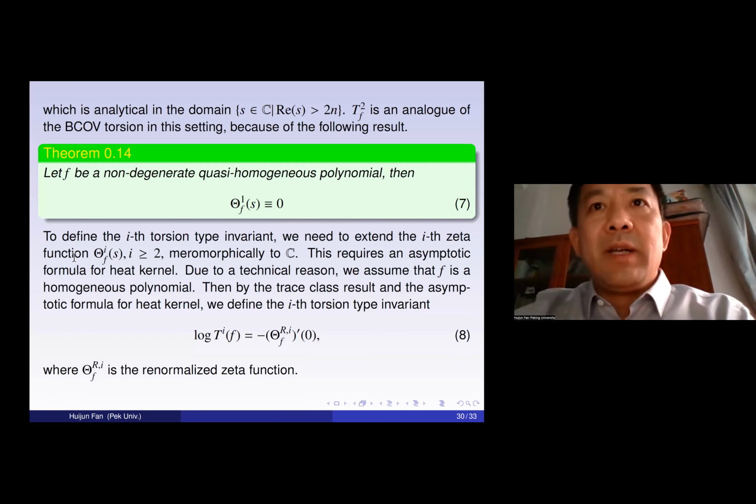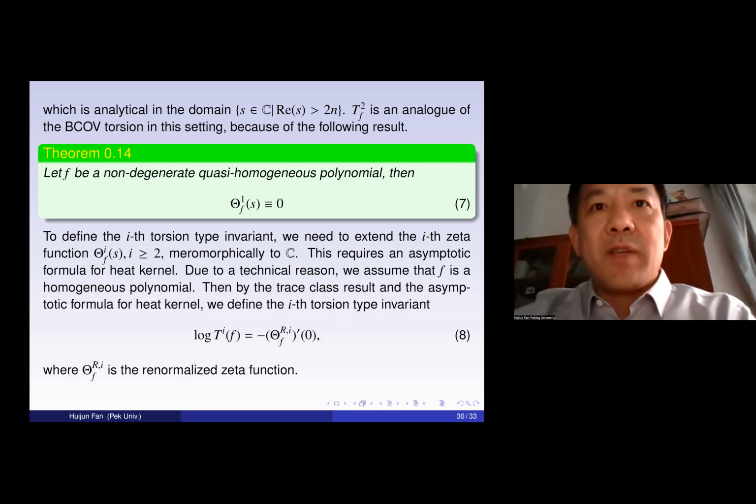So we need to extend this zeta function holomorphically to C. This requires an asymptotic formula for the heat kernel. Due to a technical reason, we assume that F is a homogeneous polynomial. Then by the trace class result and the asymptotic formula for the heat kernel, we can define the torsion type